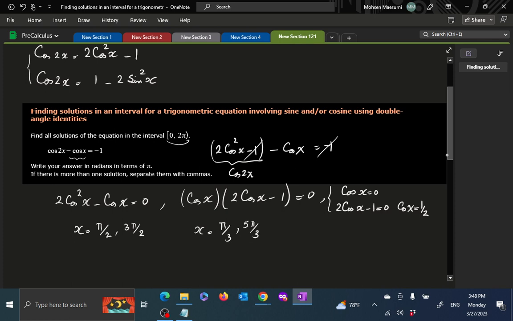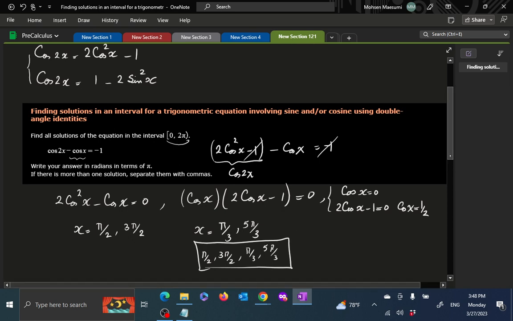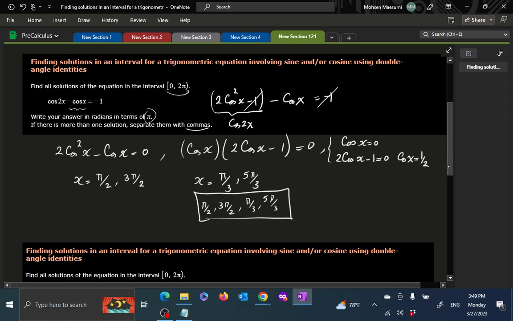So final answer is a combination of all of them. Pi over 2, 3 pi over 2, pi over 3, and 5 pi over 3, comma separated list of possibilities. And we want in radians, more than one separate with comma, and use the palette that you have there to enter